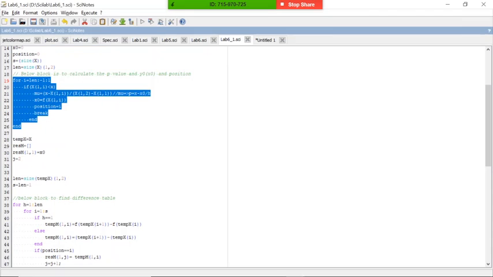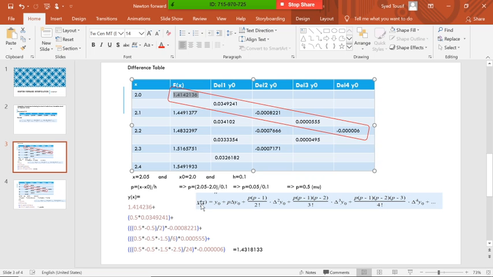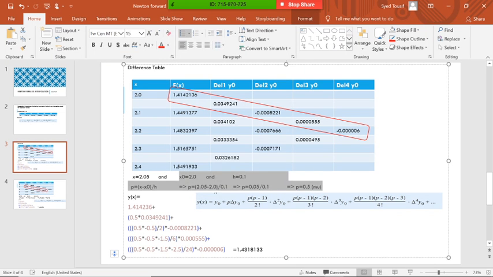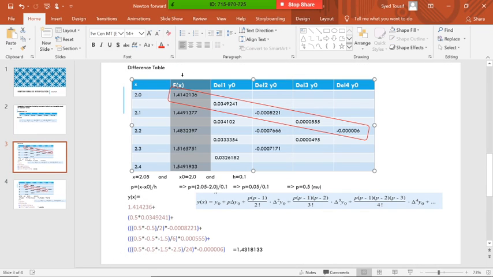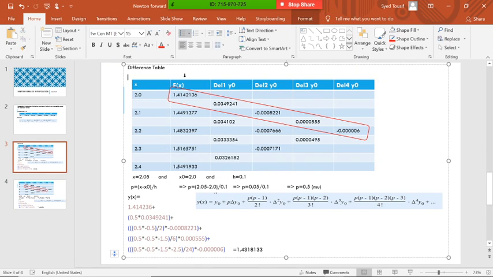As we have discussed, first we calculate this one, and we have calculated it. The next statement is that we need to calculate these matrices, the difference table. First we calculate this. Using this matrix we calculate this f function.